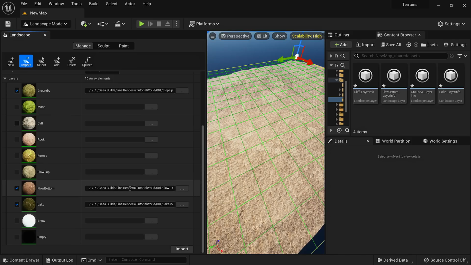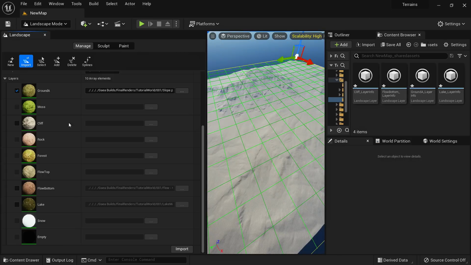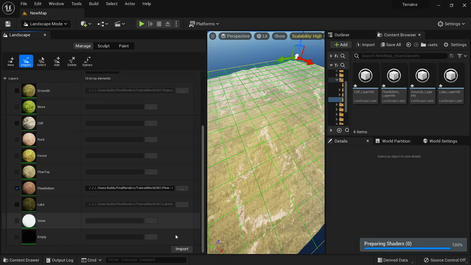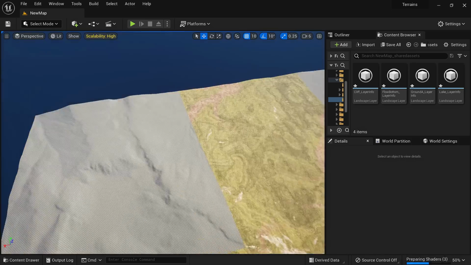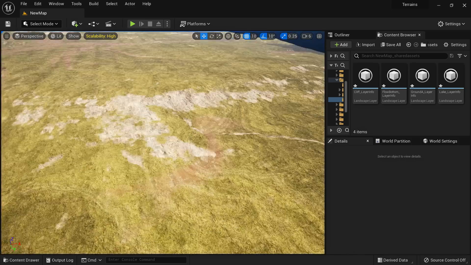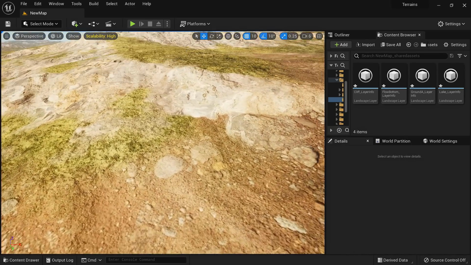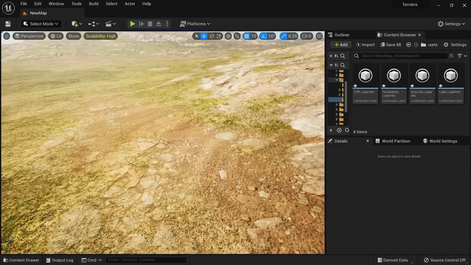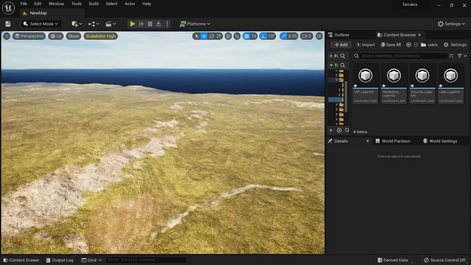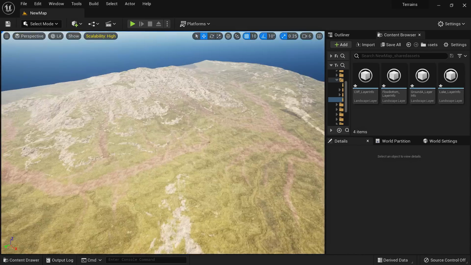I'm not sure why Unreal does this. So now let's untick this, and first we'll use the ground mask. Now the grass material is applied, then we use the flow mask, and finally the lake mask. And here we have our landscape with all the textures. If we look here, our textures are blended perfectly. Now all that's left is to put water and some plants and all that stuff.